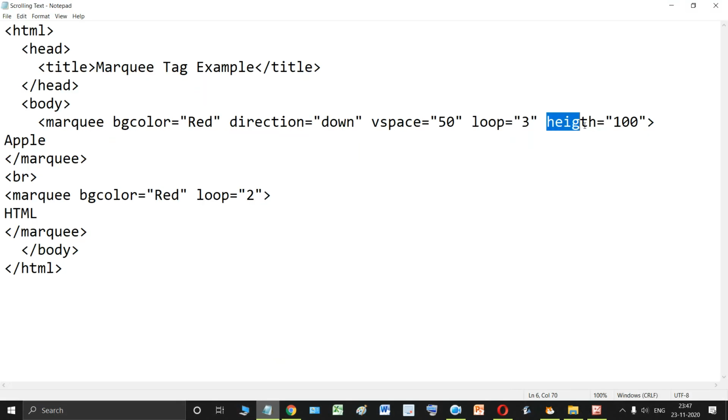Let me again, I'll remove this. Height equals to 50. Let me make it 50. Save.